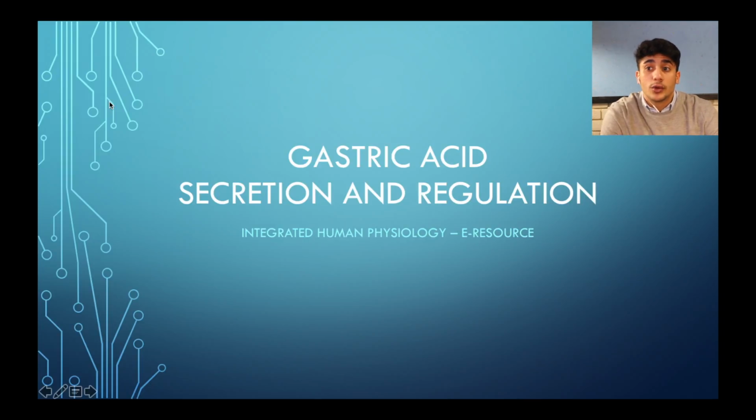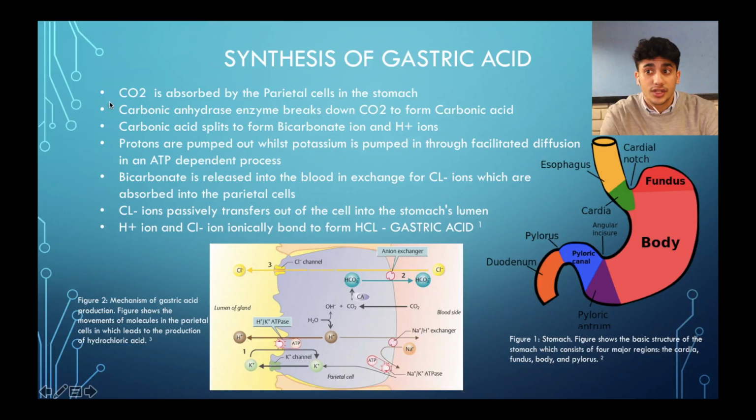2-minute wonder. Today we're going to talk about the stomach acid and its regulation. In the fundus region of the stomach, parietal cells produce hydrochloric acid. With carbonic anhydrase enzyme, carbon dioxide in the cells is converted into carbonic acid, which splits to form bicarbonate and